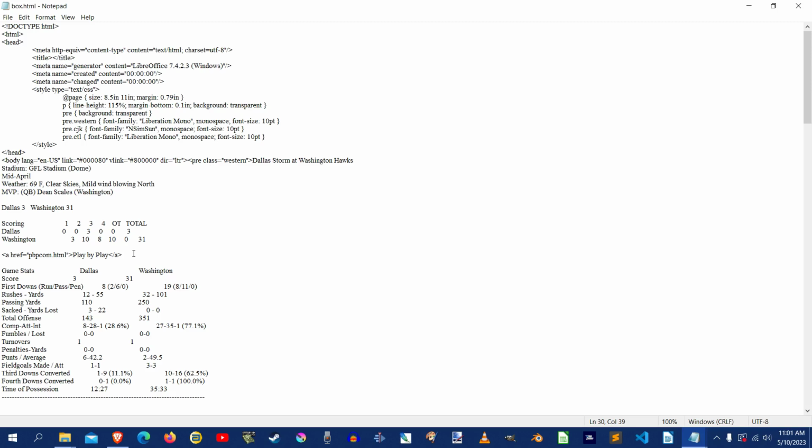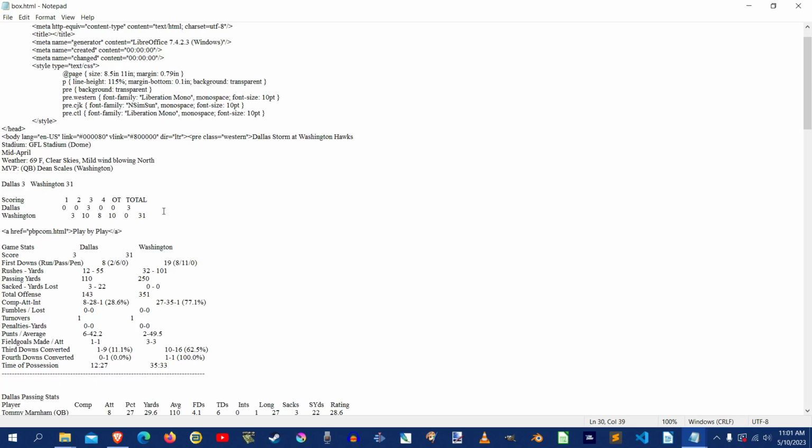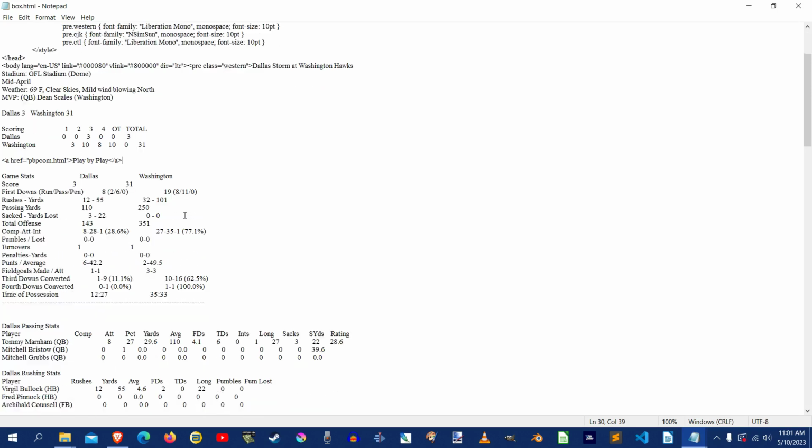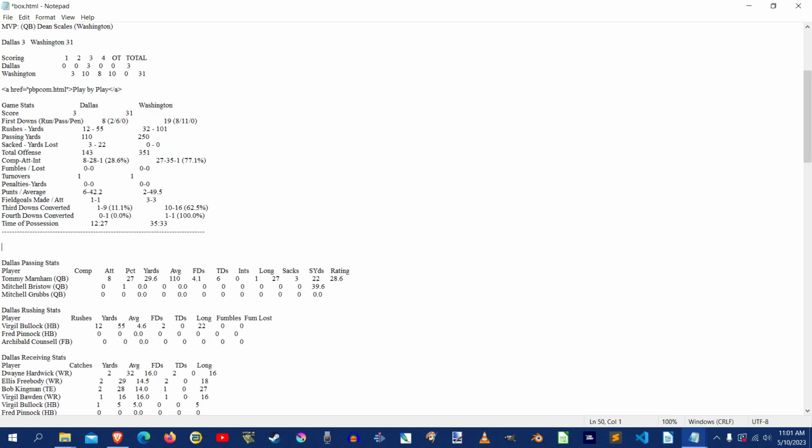So, where would we put that? Do you want to put it under... well, let's put it down here above the game stats. So paste that code, or type that in. It'd be a paragraph, and then iframe width equals,